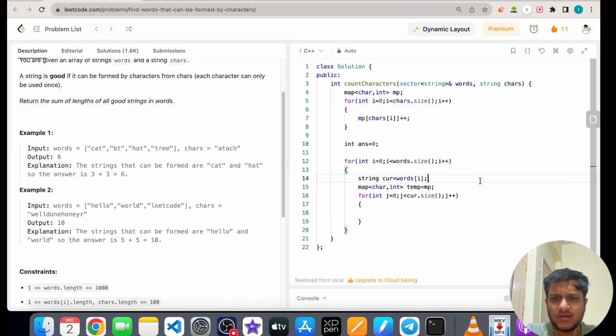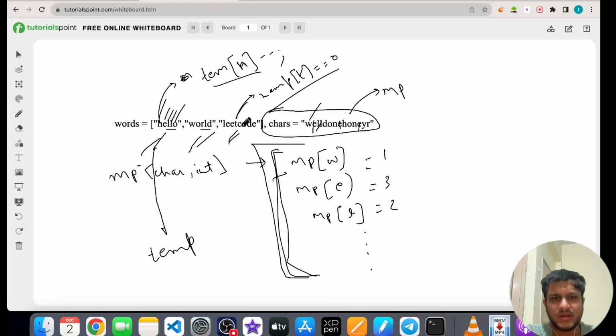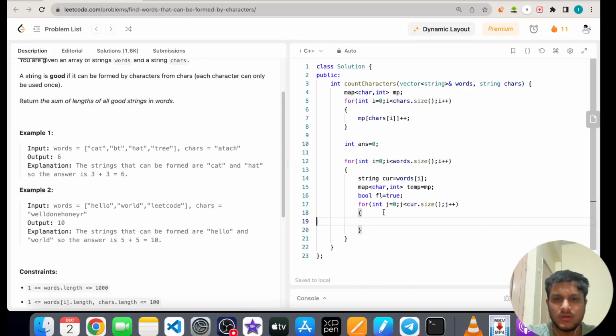Here we'll initialize a bool, that is a flag which is basically true. If our t is not present, or any character is not present, we'll make that flag false. So if temp of cur of j, that is basically the count of the character in the string chars, is equal to 0, then we'll simply switch our flag to false.